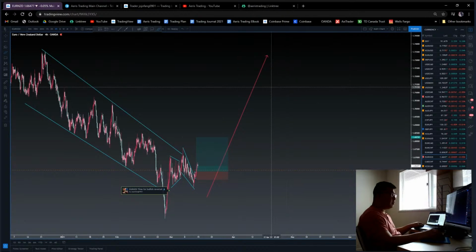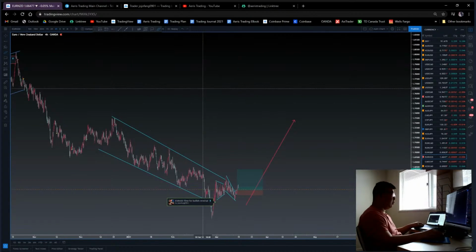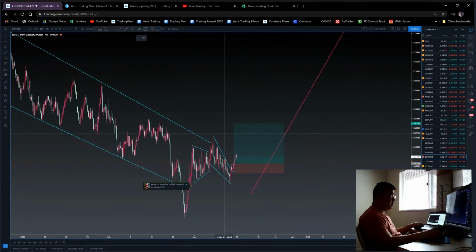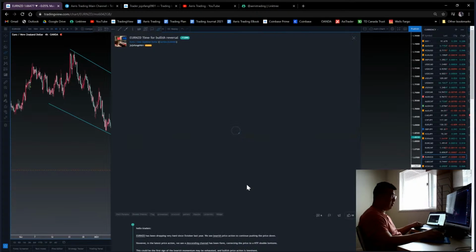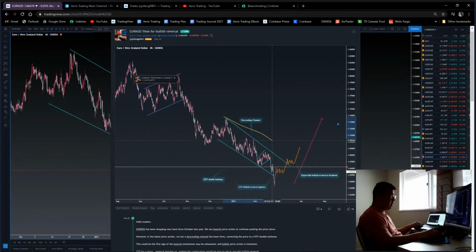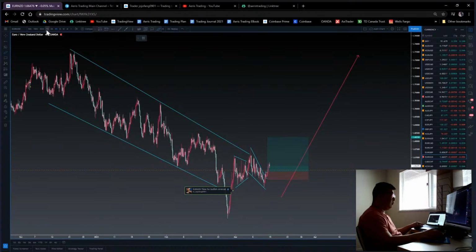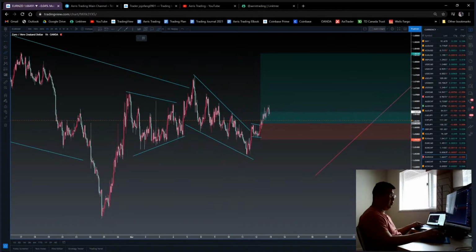So Euro Kiwi is the one I'm in now, and that's why I'm not looking to enter Euro Aussie until further development of these. But Euro Kiwi I've been talking about since a couple of weeks ago. Same idea is that descending channel moving to the higher time frame bottom and continuation here. Remember first week of me taking Euro Kiwi, I take a few trades here, all result in break even, but that's always in my plan to take these break even trades and then get back to the market when I